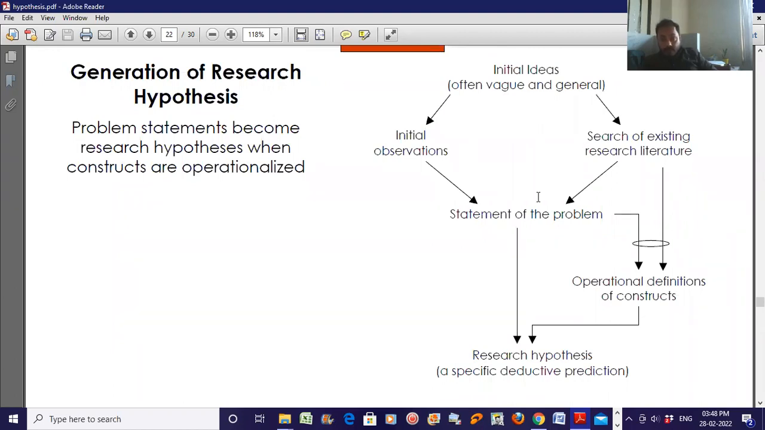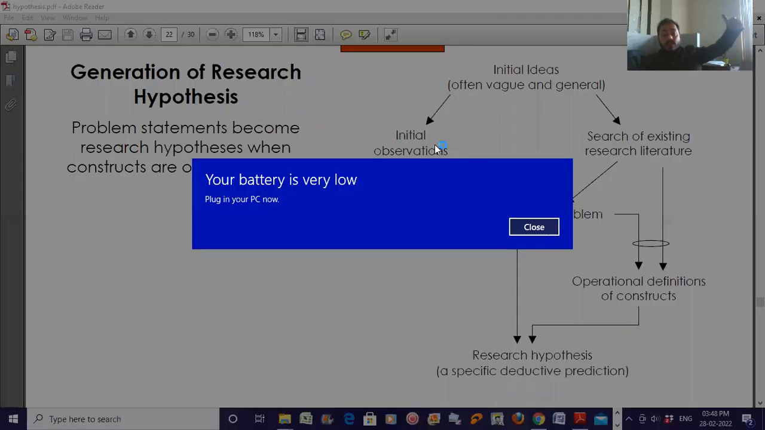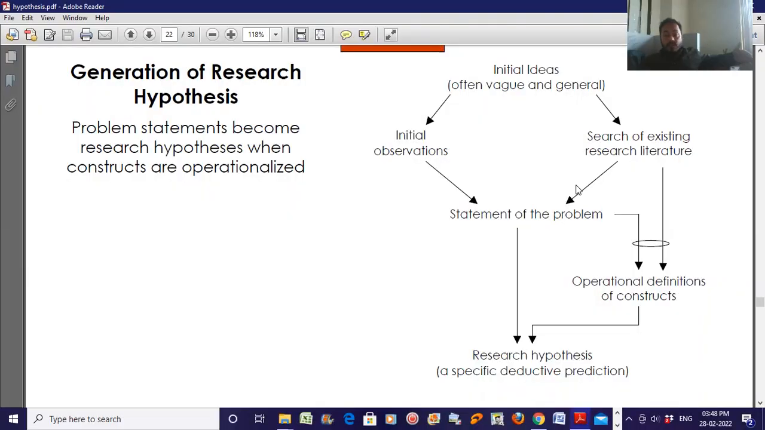You can see this diagram. First, initial ideas, which obviously, if they are initial, are often vague and general. Then initial observation is done on them. Then a search of existing research literature. What I have been saying from the start of the class is nothing other than this. Then from there, because of the search,